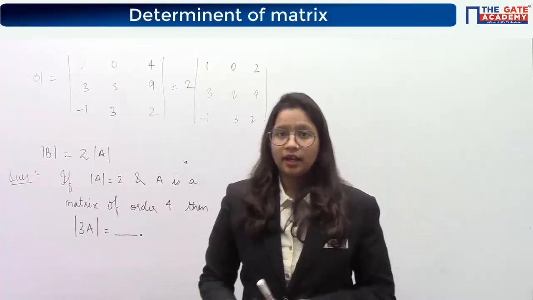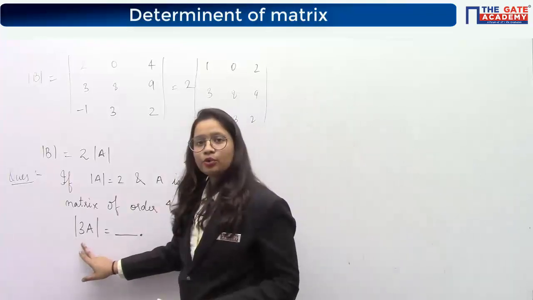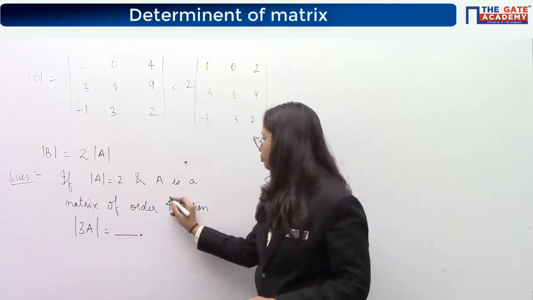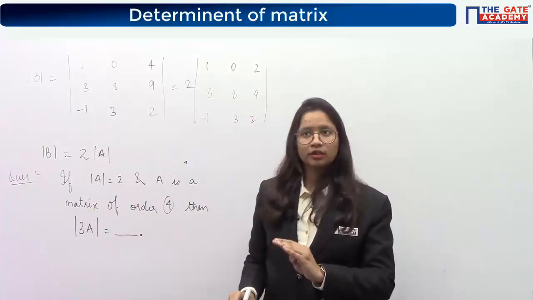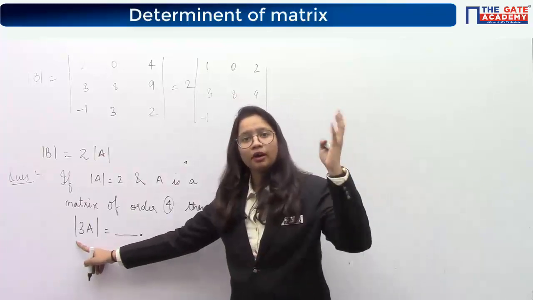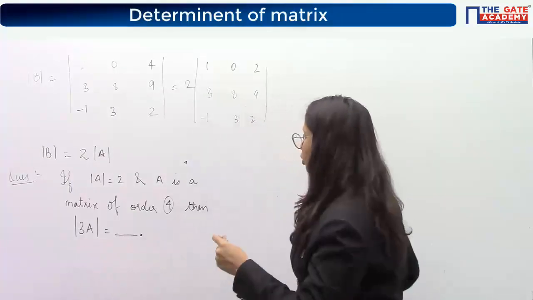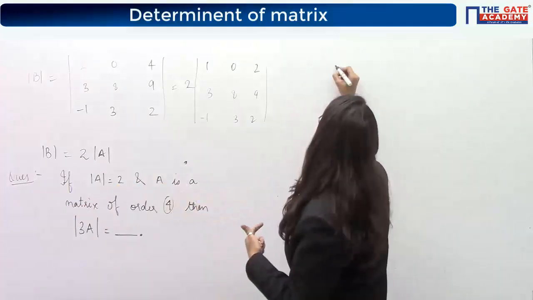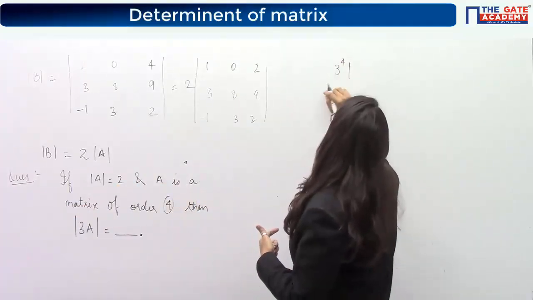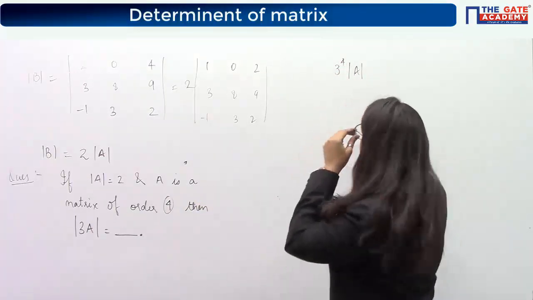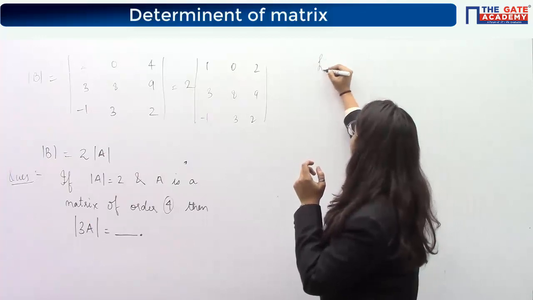So using that, what can I say? This 3 is multiplied to every element, and this A is a matrix of order 4, means it will have 4 rows, and in those 4 rows this 3 is common among all the elements. So if I want to take out 3 as common from that determinant, you will say that it is taking 3 to the power 4 as common. Okay, let us assume, let's say I imagine some matrix.